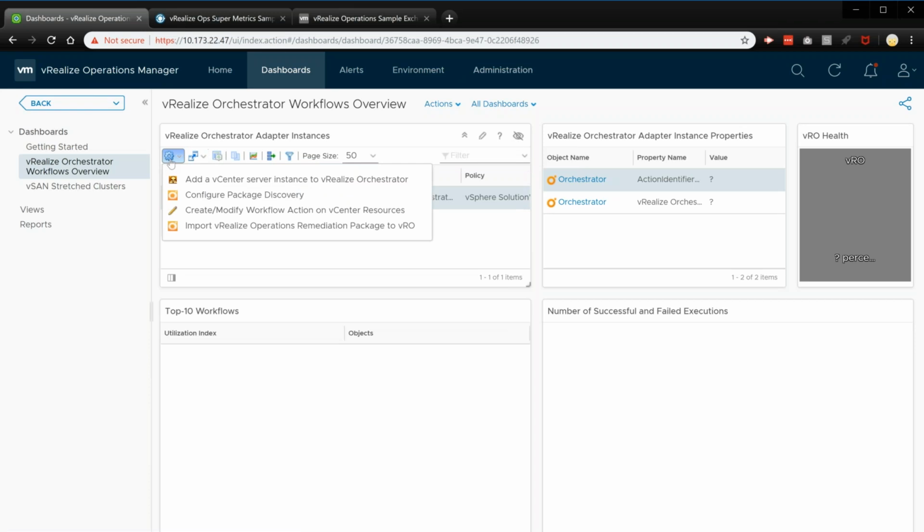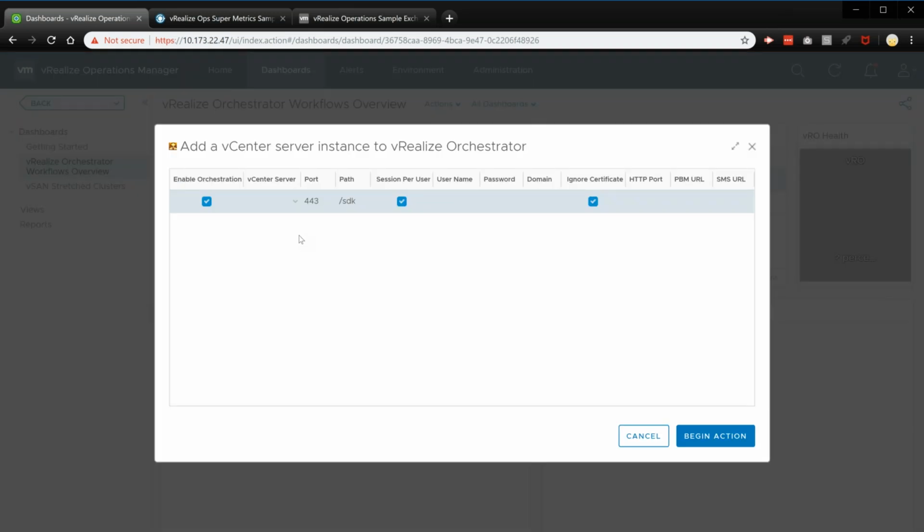And there are 4 actions on the action menu. There's add a vCenter server instance to vRealize Orchestrator. What that does is it actually allows you to run the workflow that I just pointed out in Orchestrator to add a vCenter server instance. It allows you to run it directly from here. So you don't have to go out and run it, but I do find it easier to do it there